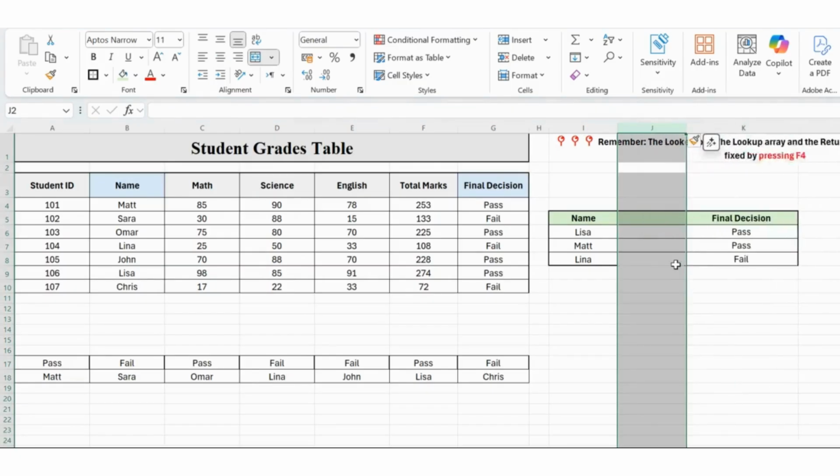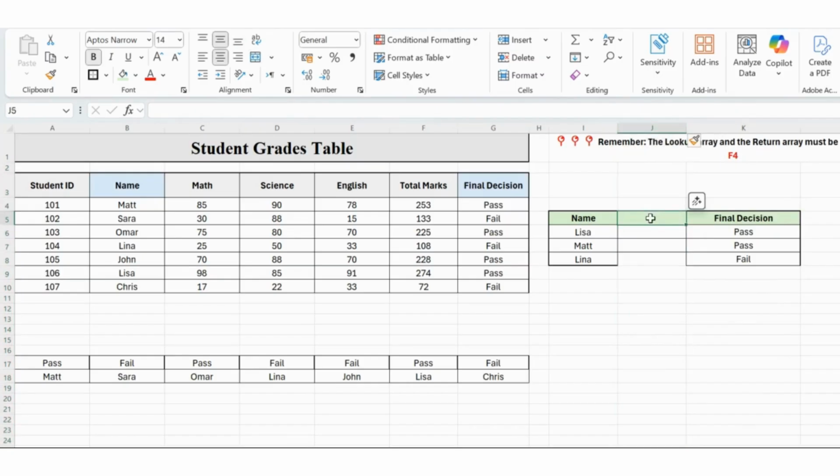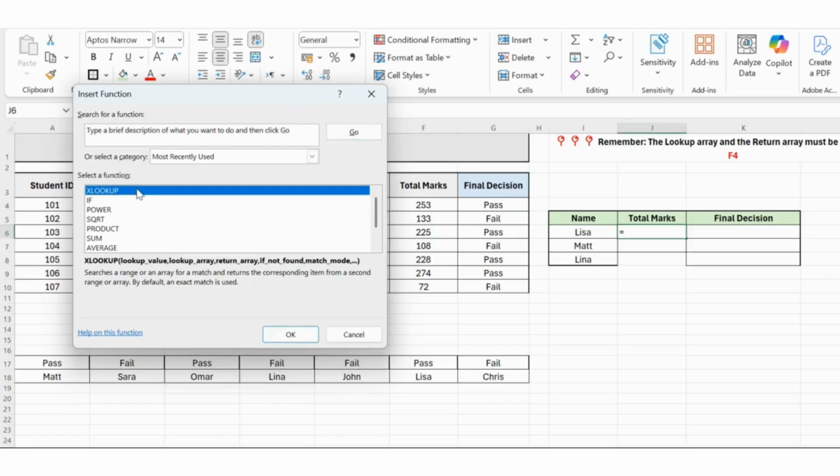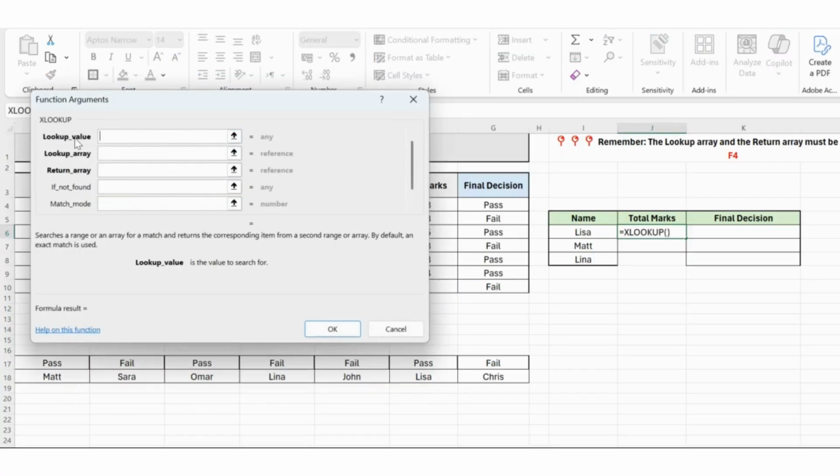XLOOKUP is also dynamic, so when you edit your data, it automatically updates the results without needing to re-enter the formula. It is generally faster and more efficient than older lookup methods, and it reduces errors, especially in large or complex spreadsheets. Additionally, XLOOKUP can handle both numbers and text seamlessly, making it extremely versatile across different types